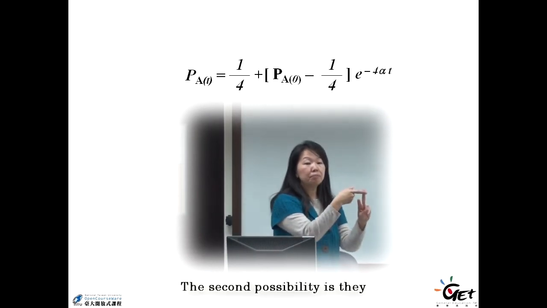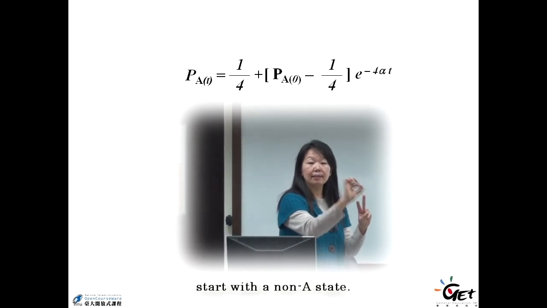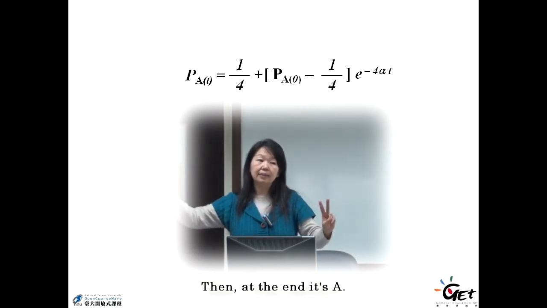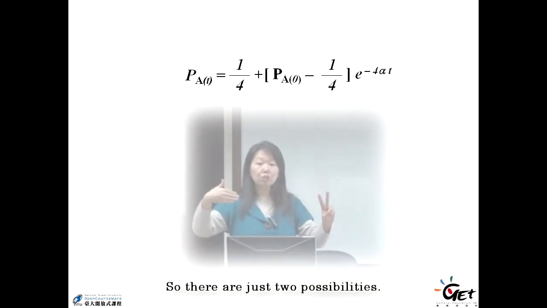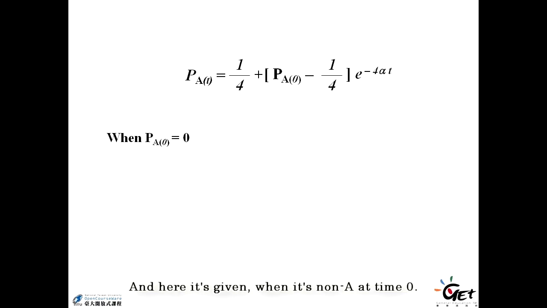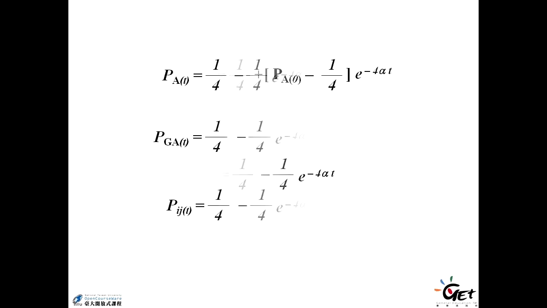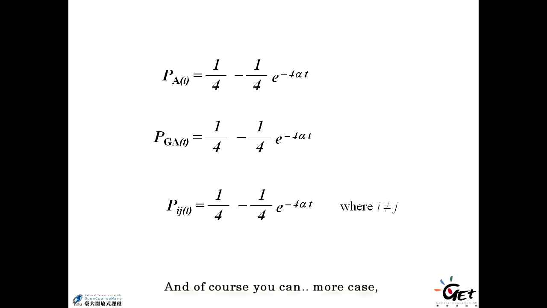The second possibility is they start with a non-A state, then at the end it's an A. So there are just two possibilities. And here it's given that it's non-A at time 0, and the probability of A there is 0. And you can calculate what's happening after a period of time. So that's the formula shown in this slide. Then of course you can